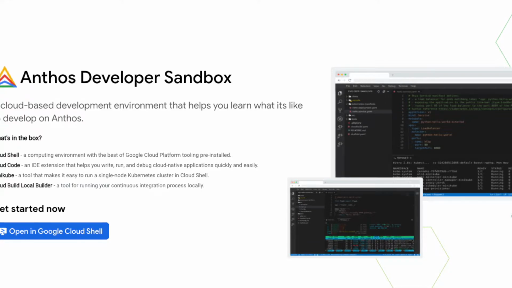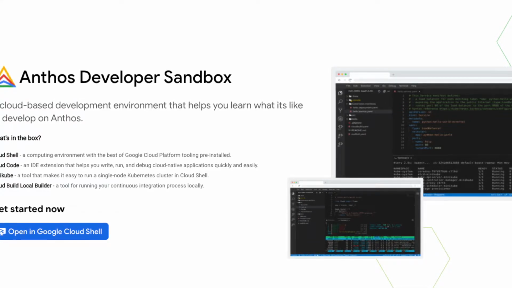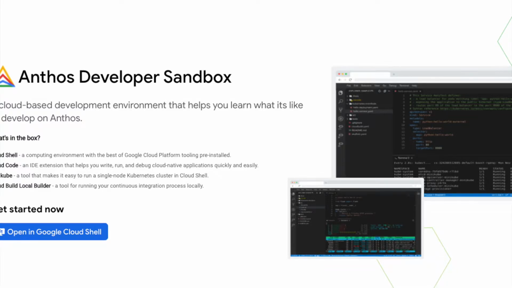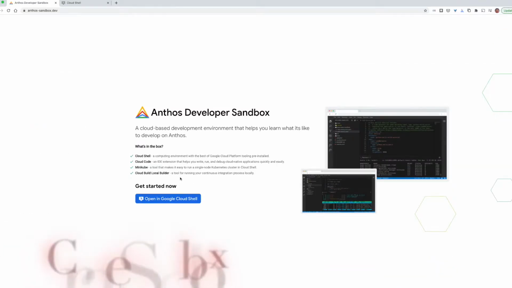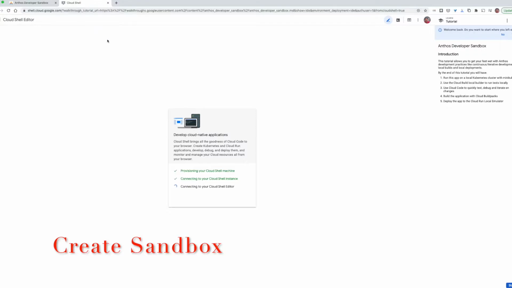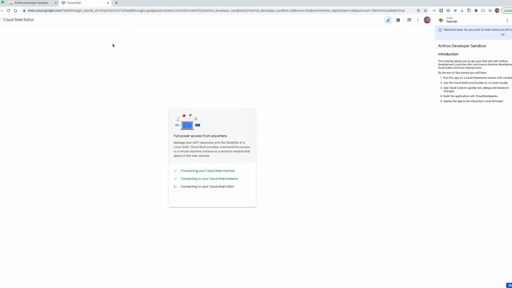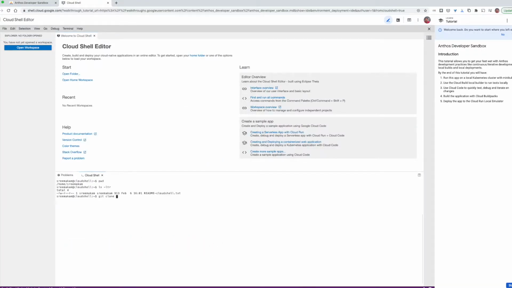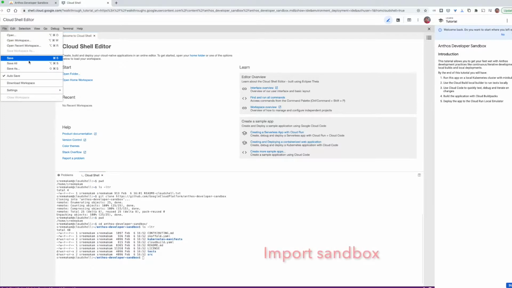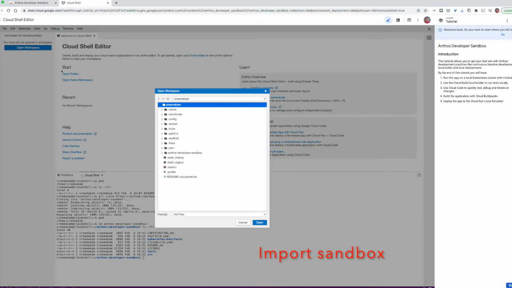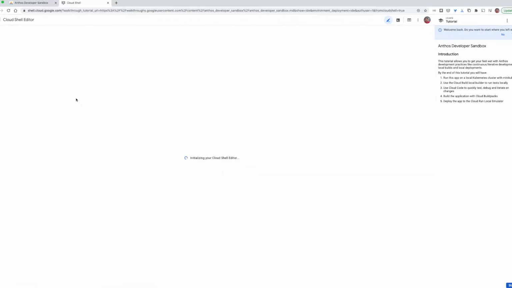In this example, I will take a simple Python application and show an integrated Kubernetes development experience with it. Let me create a developer sandbox now and clone the GitHub project and import it into my sandbox. With Cloud Code, you can pretty much stay within your IDE and look at the state of your Kubernetes clusters and deploy your applications into your Kubernetes cluster directly from within the IDE.